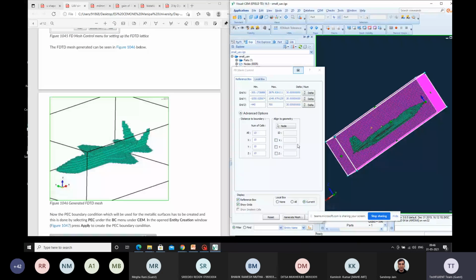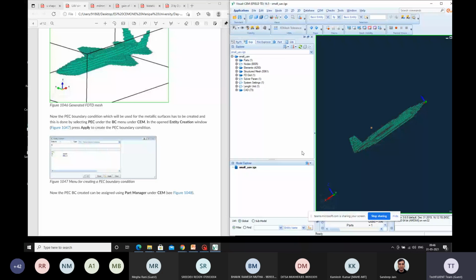So here what you can do is you can remove your, okay, see your UAV is completely divided into sub